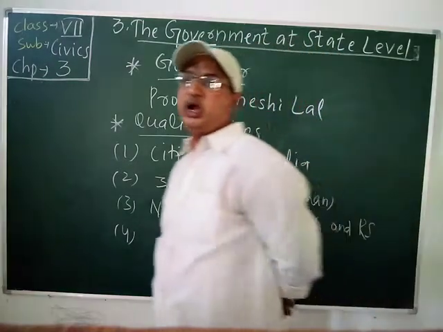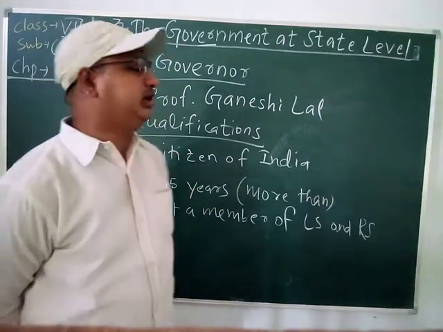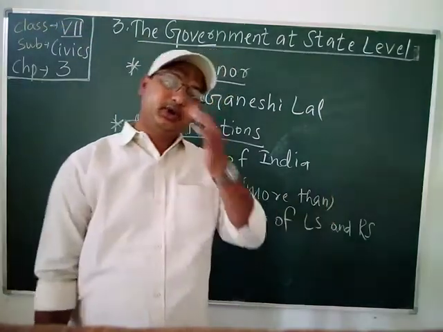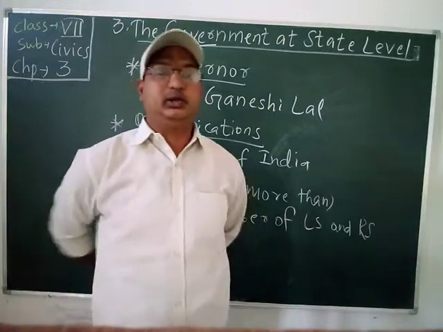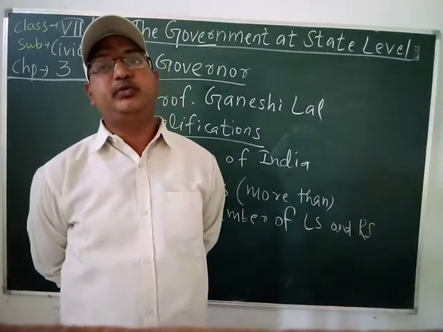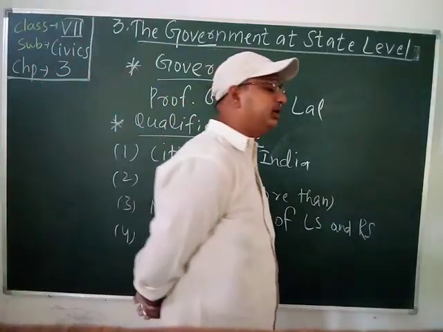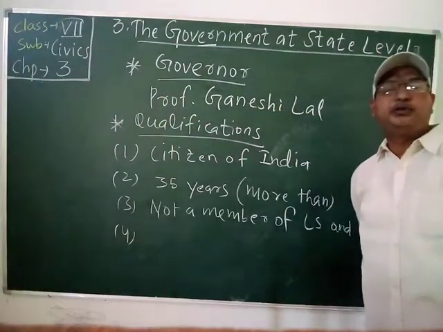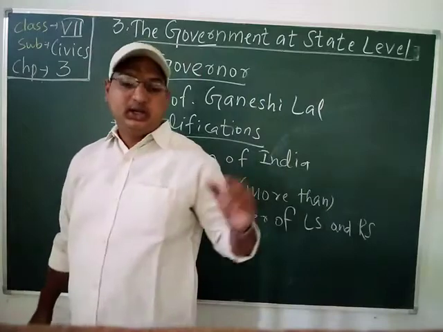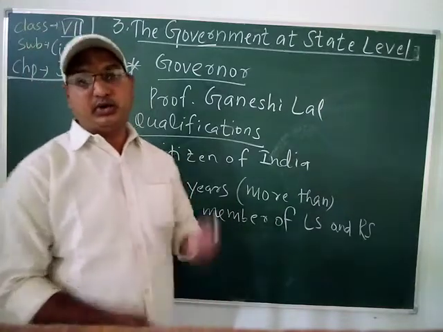Students, now an Odia governor, I will tell you the name, Vishwa Bhushan Harichandran. He belongs to the BJP, Bharatiya Janata Party. Being an Odia, he is the governor of Andhra Pradesh. So they must not be the local citizen of the state where they are appointed. The next one is that the union government may take the chief minister into confidence before appointing the governor. It means the union government, while appointing the governor of a state, may consult the respective chief minister before appointing. Students, then we will study about the powers and functions of the governor.